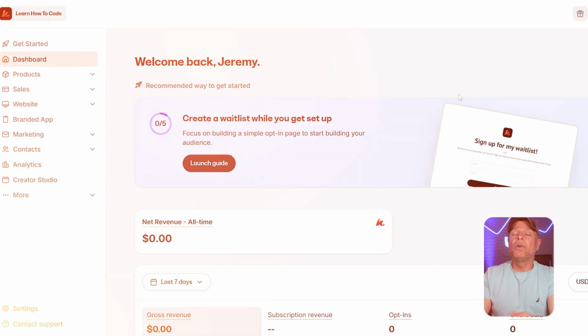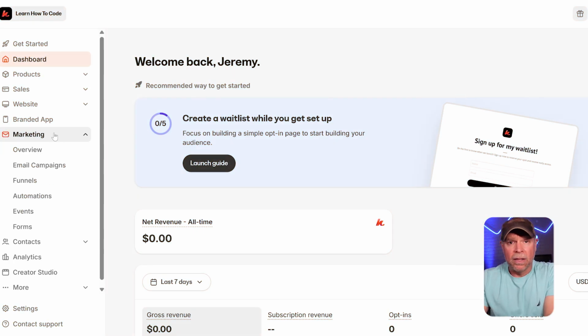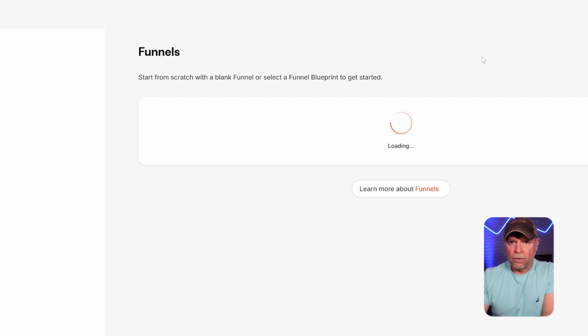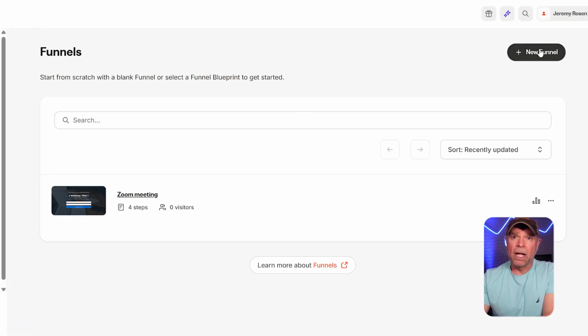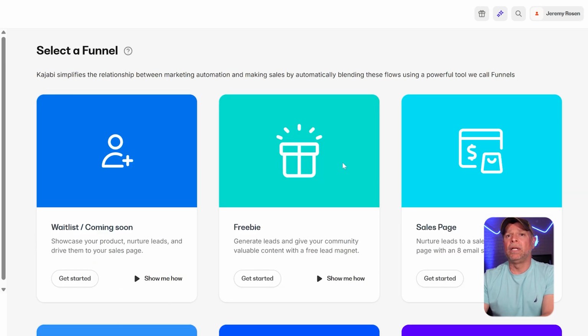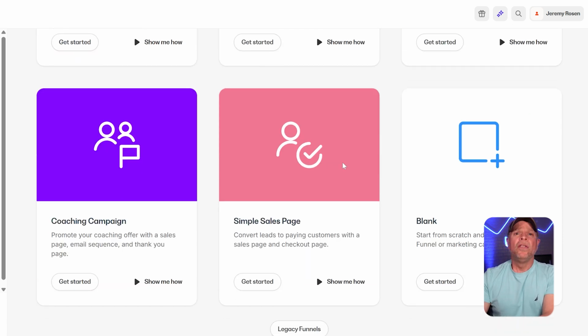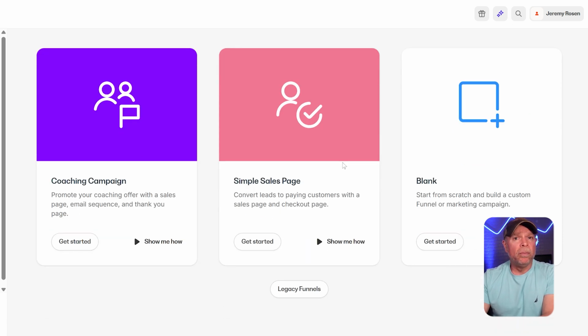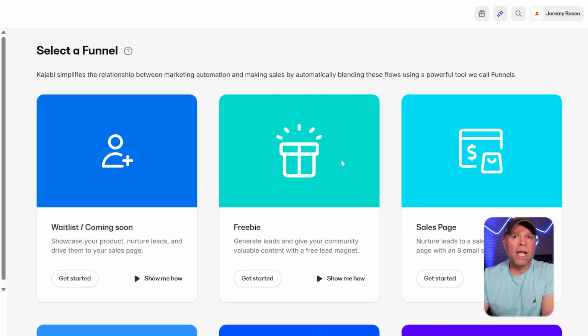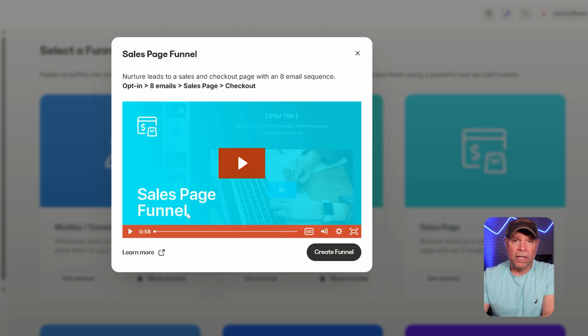Now, let's dive in. So Kajabi Funnels are under the marketing tab on the left side of your Kajabi dashboard. When you click on funnels, you'll see an option to create a new one. Now, there are different templates to choose from, like ones for lead generation, product launches, or sales pages. There's also a blank template if you want to build your own. Before using a funnel, it's a good idea to watch Kajabi's Learn How To videos. These quick tutorials, usually under a minute, explain what each funnel does and how it can fit into your marketing